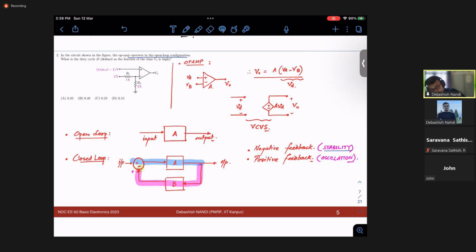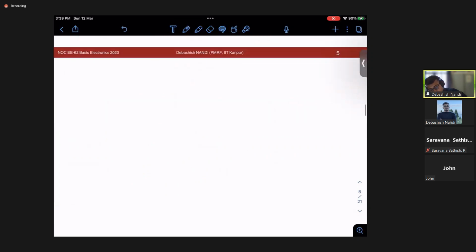So let's copy this. You can see that there is no direct path from output to input side, right? Neither this way nor this way. So you can be assured that this is an open loop system. Now the question is how to analyze this. For an open loop system,